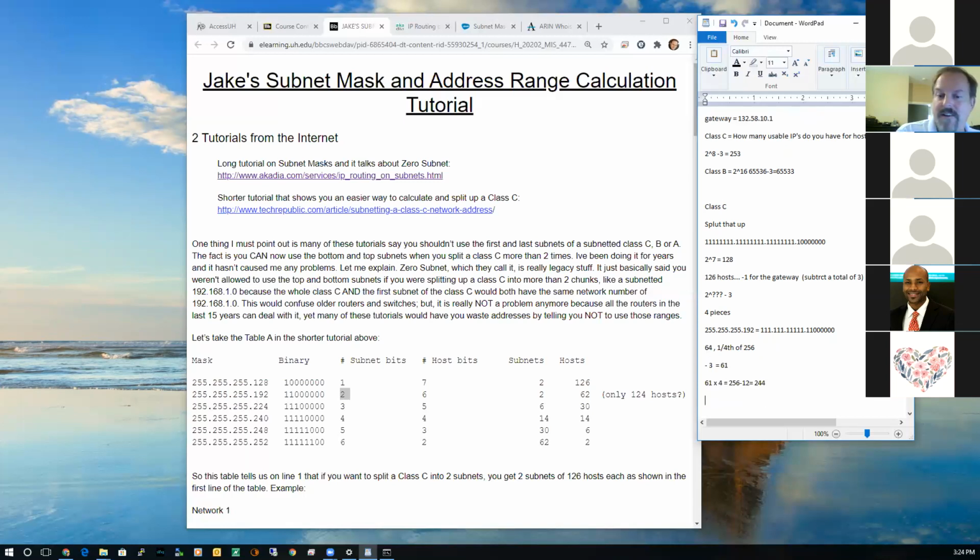If I chop it down smaller, I lose. If I chop it in half again, so that I can end up with 32 subnets of 32 hosts, minus 3, 29 hosts. You see how I end up losing 3 every time you chop something in half? You lose 3 times the number of times that you're chopping it in half. So if you were to take your subnet and chop it down into a whole bunch of little baby subnets,